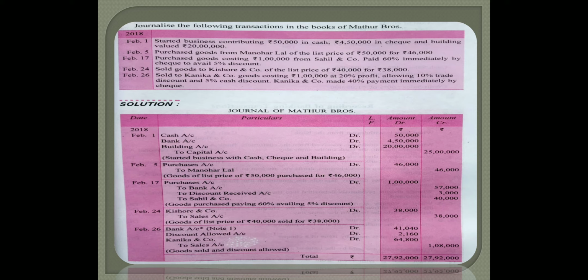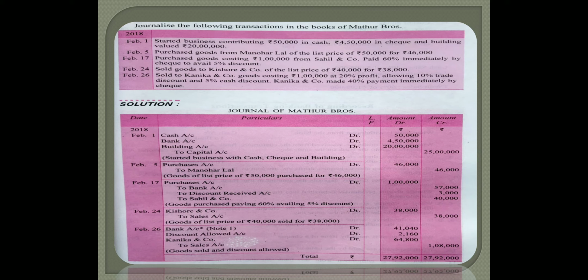After doing this, in the question you are seeing the 40% will be calculated, because this 40% is cash sale and the rest 60% is credit sale. So we will calculate first the cash sale, 40% of 1,08,000. The amount will come 43,200 rupees. This 43,200 rupees will be the cash sale, and after doing this we will calculate the cash discount on this